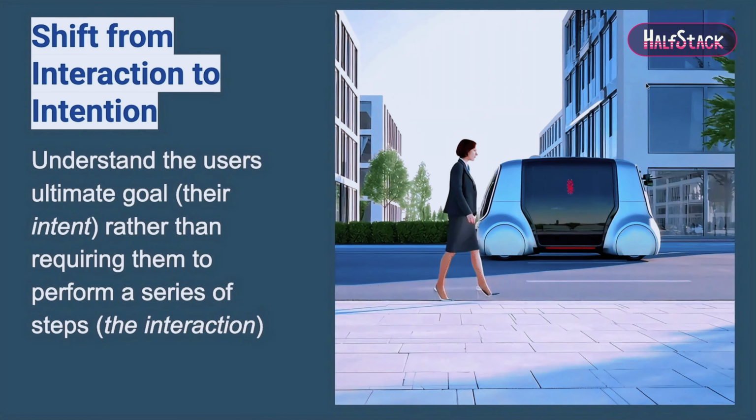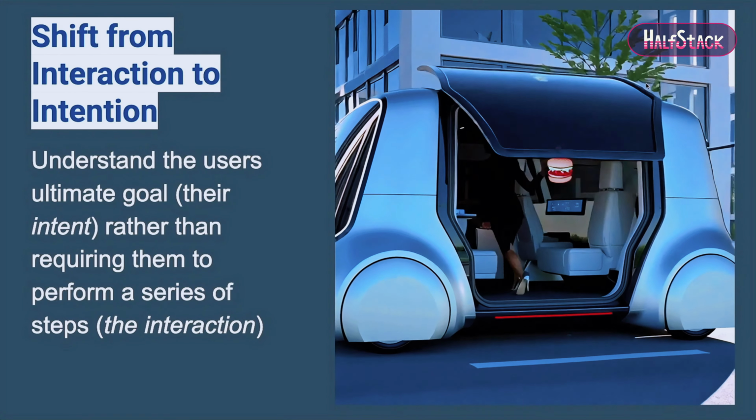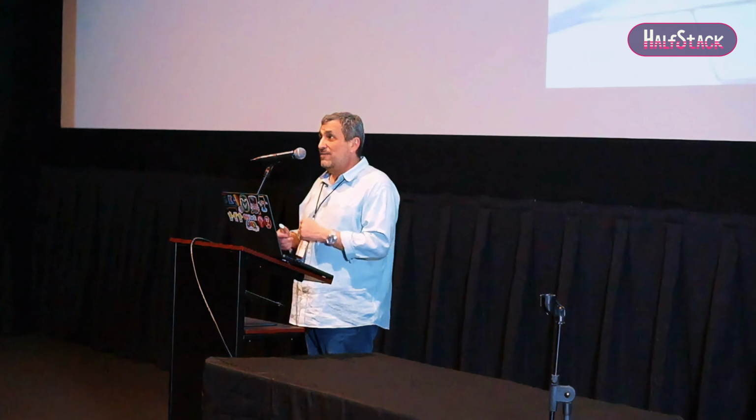We know Rita, we know the context, and we know that it is lunchtime. So instead of asking Rita in some sort of UI or presentation, are you hungry, Rita? Do you want lunch? We shifted to the intention. We figured that she probably would want lunch, and we present her the option when she gets into the vehicle to get lunch. So instead of asking her, do you want us to research something for you? Do you want us to figure out